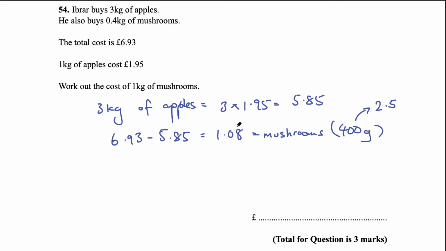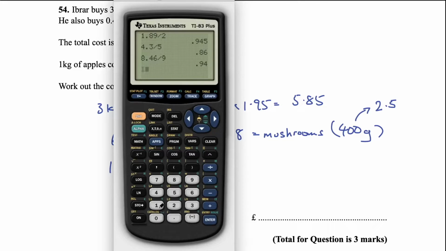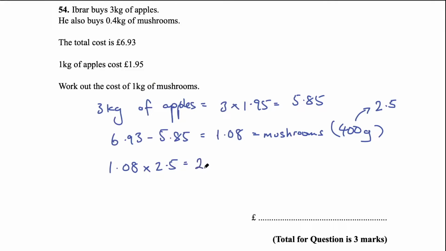So we can also multiply this price by 2.5, and that will give us the cost of a kilogram. So 1.08 times 2.5 gives us 2.7 pounds. The cost of 1 kilogram of mushrooms,